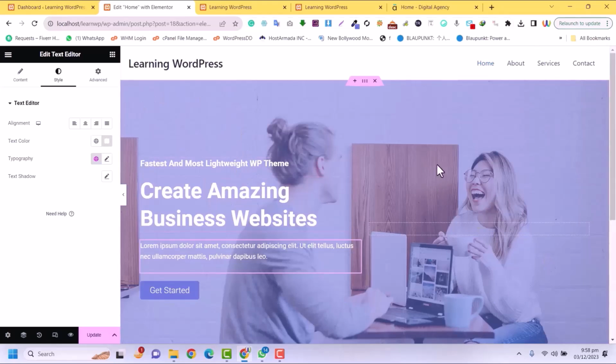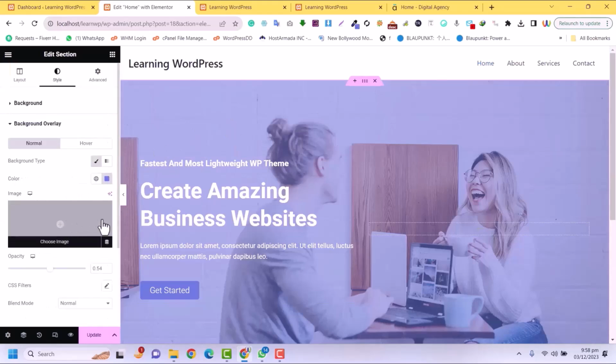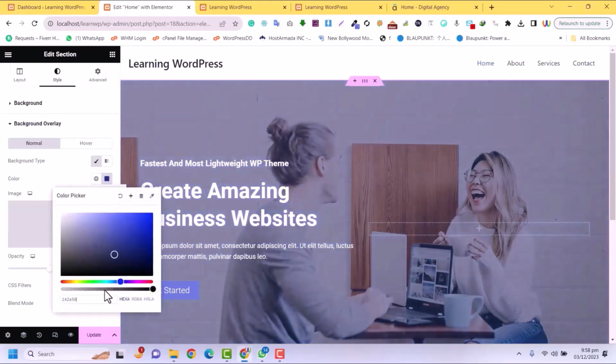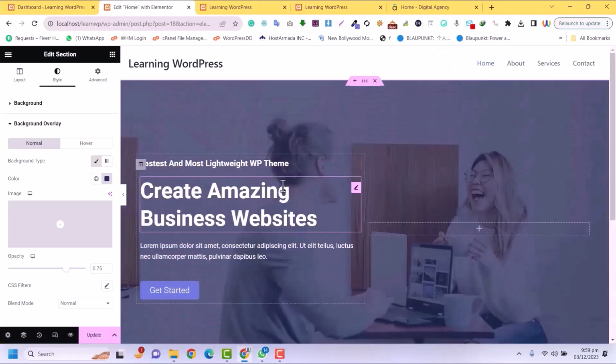I see this color in the background is not visual, so I will just change the background overlay. Here in the background overlay, I just try another color, for example this one, and increase the width, for example here, so 75 is good. Now it's looking good. Okay, so this is more visual. Now text is visual,